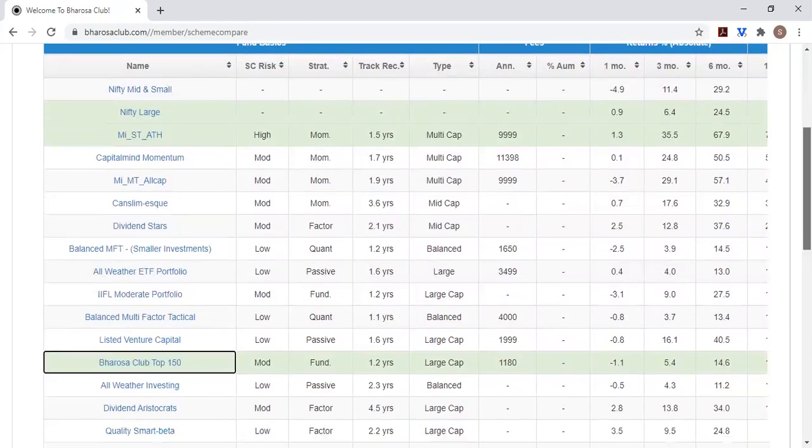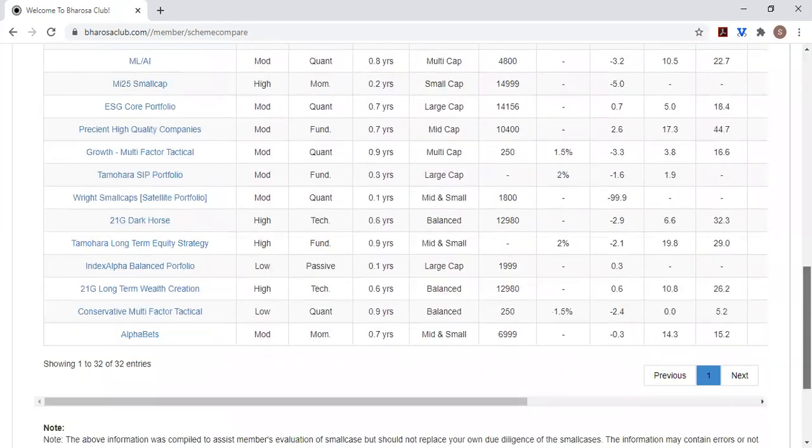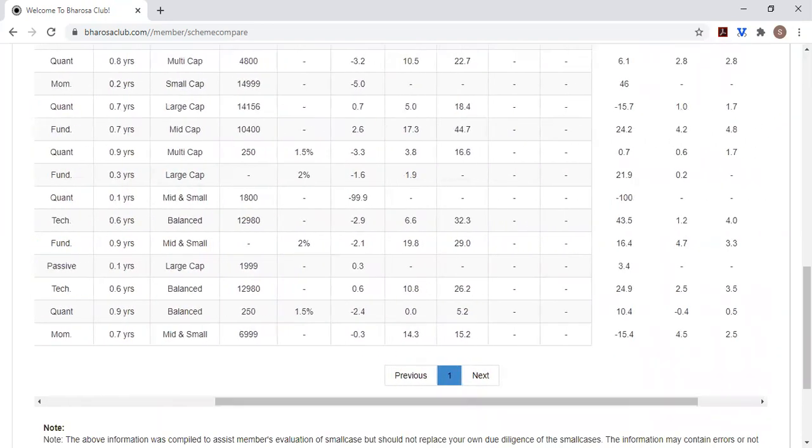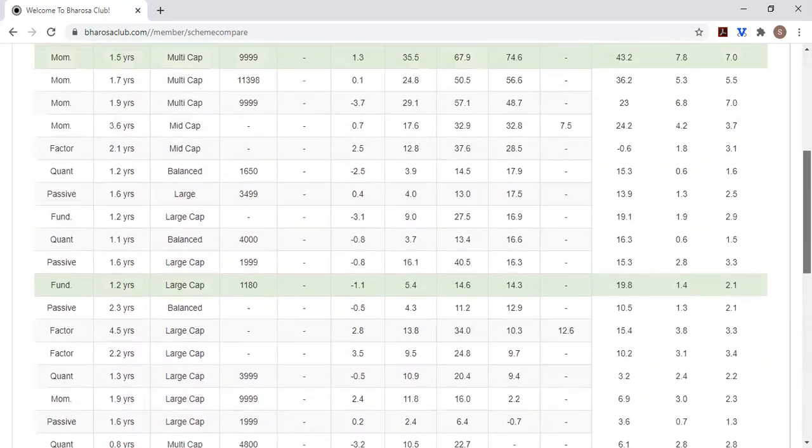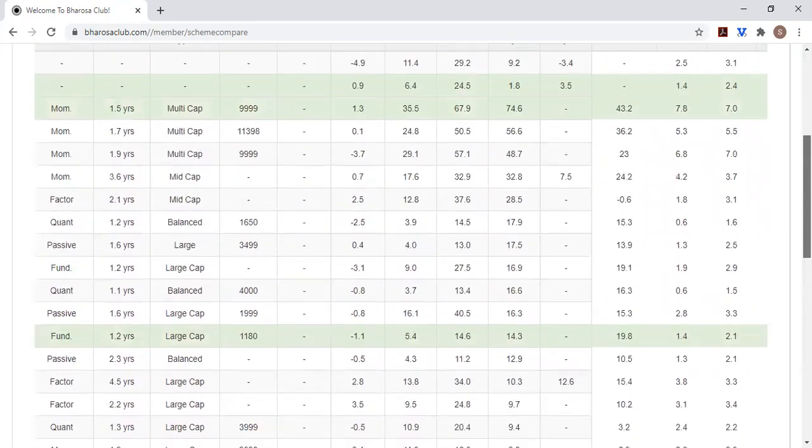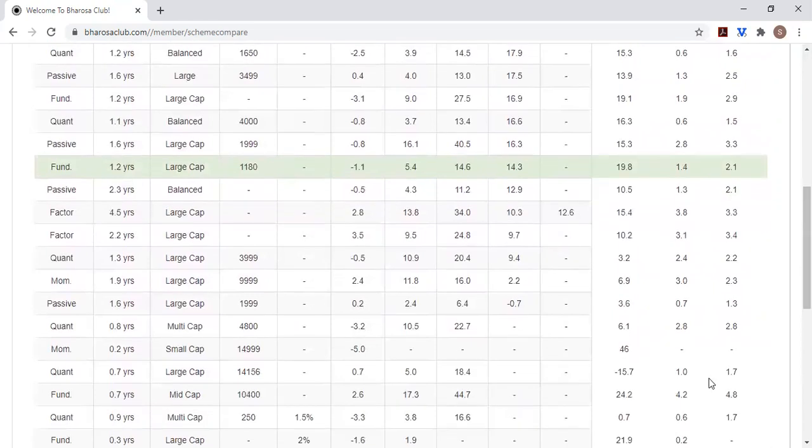And then if we go further, we'll notice that because the fund has been operating for a year, sorry, got to find it.